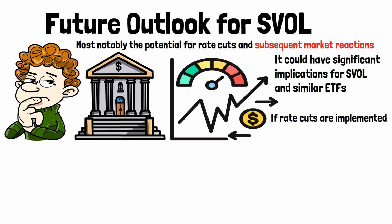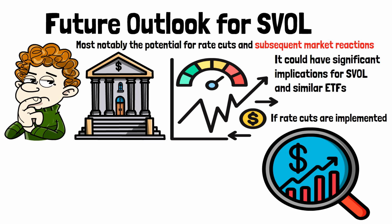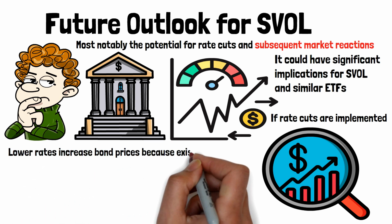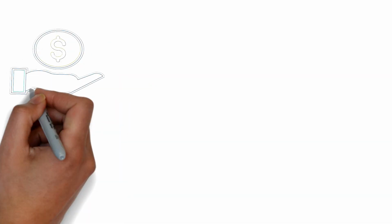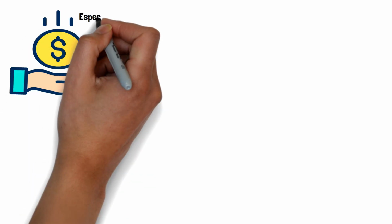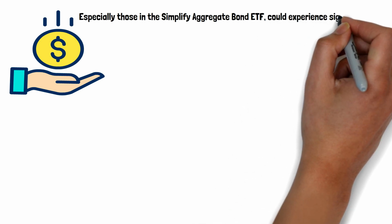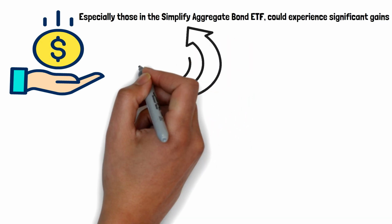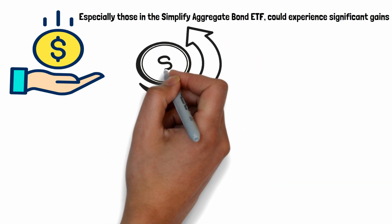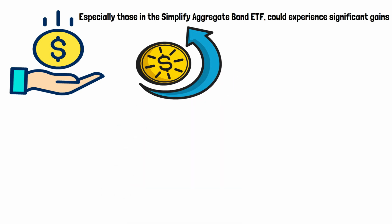If rate cuts are implemented, the bond markets are likely to rally. Typically, lower rates increase bond prices because existing bonds with higher yields become more appealing to investors. This inverse relationship between rates and bond prices suggests that SVOL's fixed income investments, especially those in the Simplify Aggregate Bond ETF, could experience significant gains. AGGH, which invests in high-quality bonds and employs credit hedging strategies, would benefit from a bond market rally, boosting SVOL's